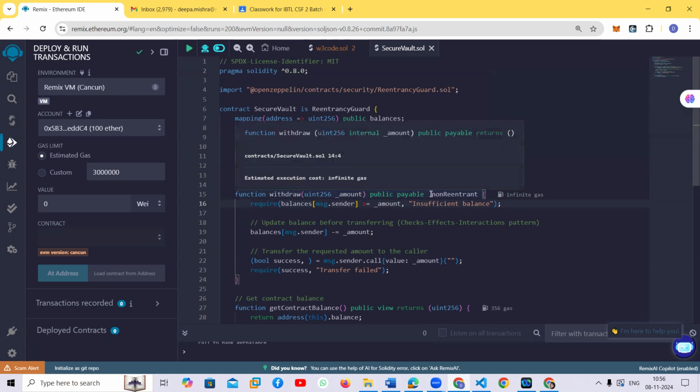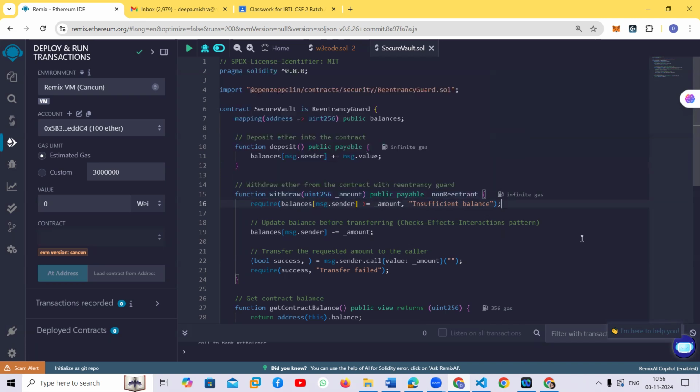That is an important point, that we are using the nonReentrant modifier from OpenZeppelin's ReentrancyGuard. Again, we are checking the same required condition, that the amount should be lesser than the current balance, and